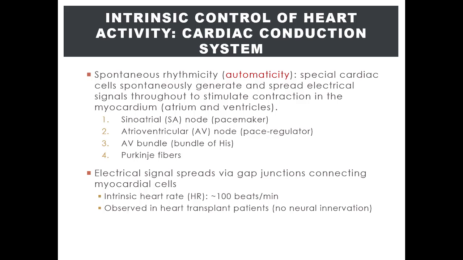Automaticity is the process by which specialized cardiac cells in the heart spontaneously or automatically generate an electrical stimulus or signal, which is then propagated or spread throughout the heart to stimulate contractions of the myocardium, first in the atrium and lastly in the ventricles. In other words, these specialized cardiac cells in the heart produce the electrical stimulus by itself without any voluntary action. These specialized cardiac cells, as listed here, have the ability to generate an electrical signal, or in other words, they have the ability to depolarize and produce action potentials, which are terms introduced earlier this semester.